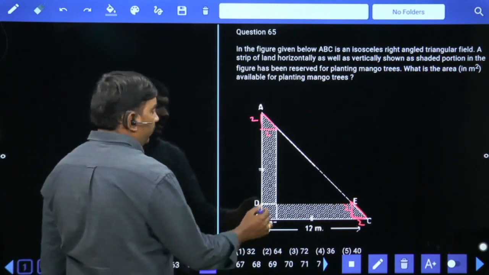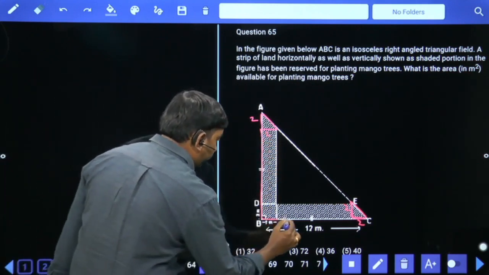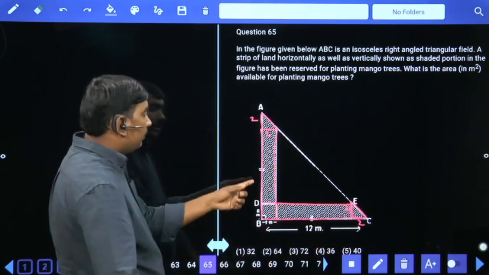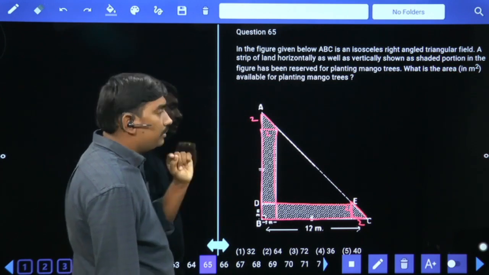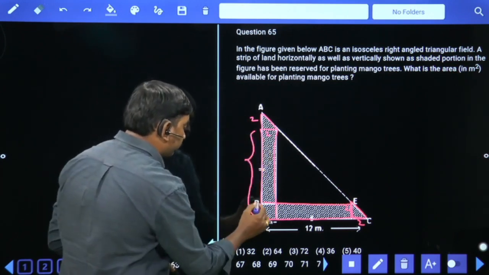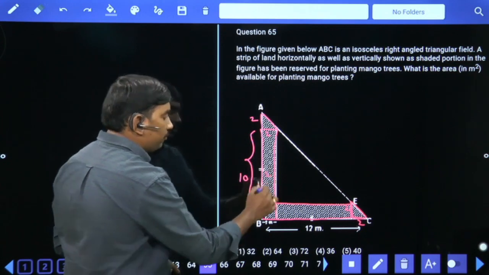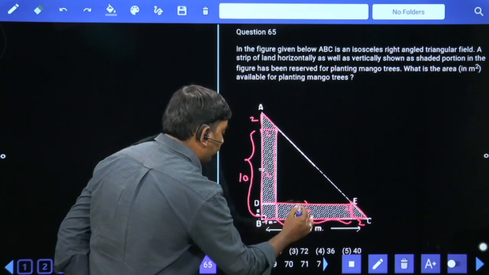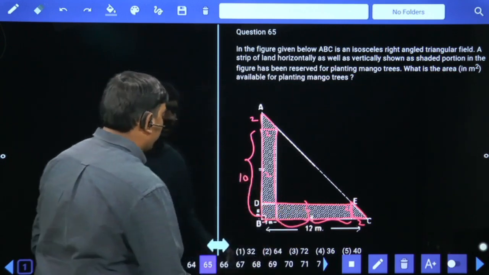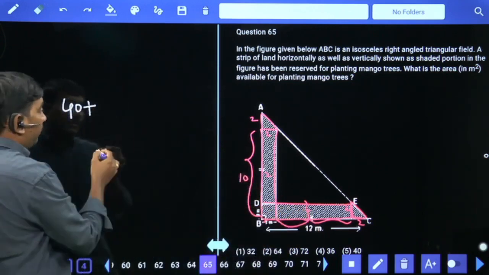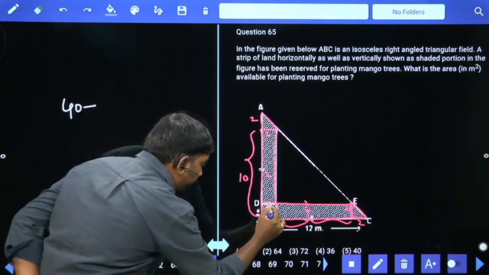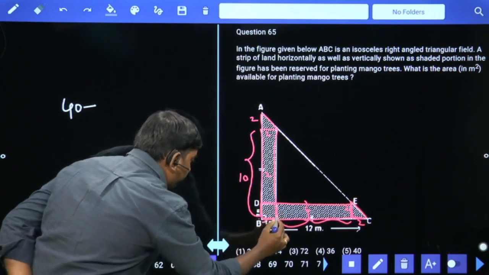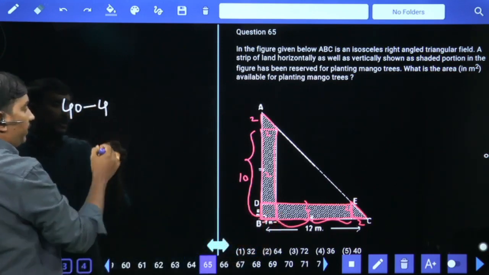So from the remaining area, except those two triangles, first of all I would like to calculate the remaining area here. Out of 12, already 2 is over. So remaining length is 10, width is 2, 10 twos are 20. This length also up to here 10, width is 2, 10 twos are 20. 20 plus 20, 40. But in this 40, this common area is included 2 times. So one time we need to subtract. This is in the form of a square, 2 squared, 4 we need to subtract.